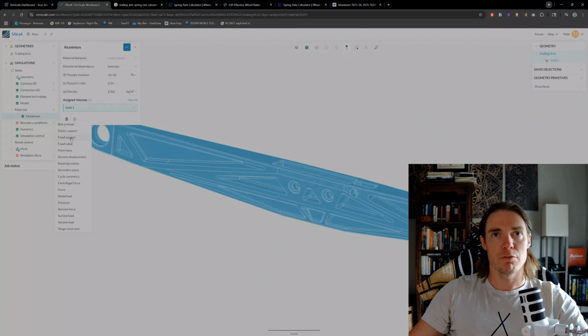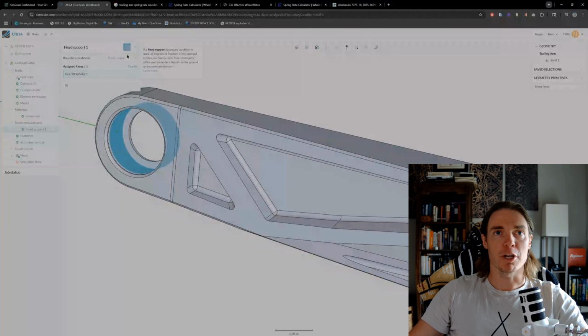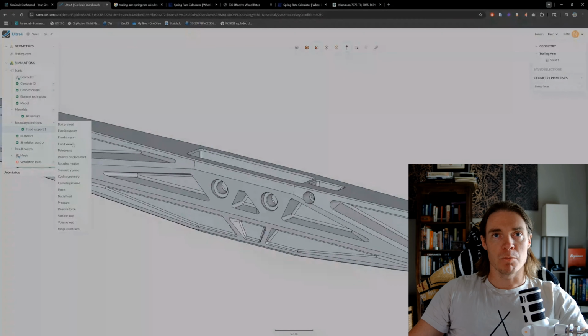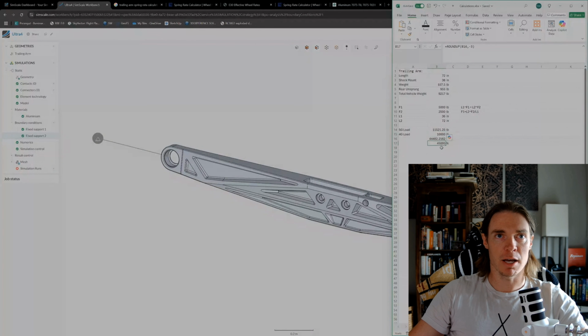So what I need to do first is set up a fixed support, and I'm putting the first one at the pivot of the trailing arm, and then I'm putting another one at the end of the trailing arm. But I'm going to put my force load right in the center where the shock mount is. And this is an isolated static calculation where I'm omitting all the other aspects of the vehicle and the forces